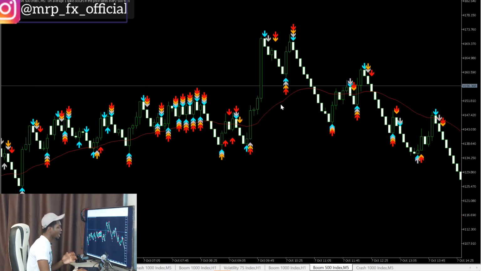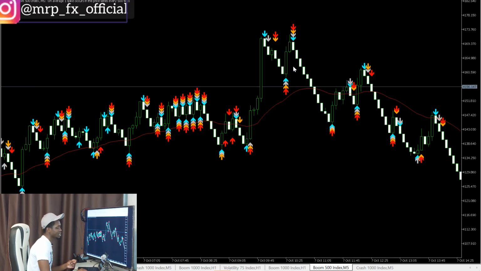Now first of all, I am seeing that this is actually above my moving average here, and it's giving me all the arrows, including my red arrow there. So I can just simply go into this trade like this. I can simply take this trade and place my stop loss just below this guy here, at about this level here, in such a way that